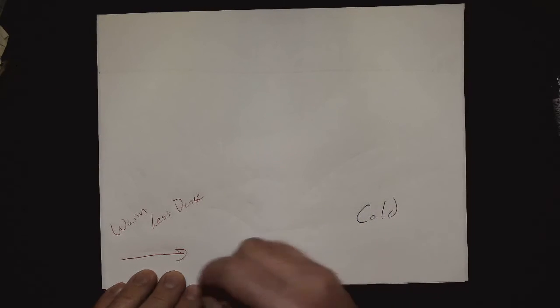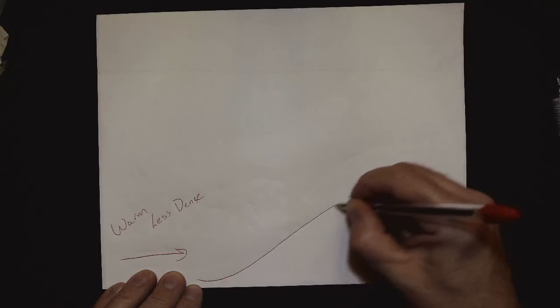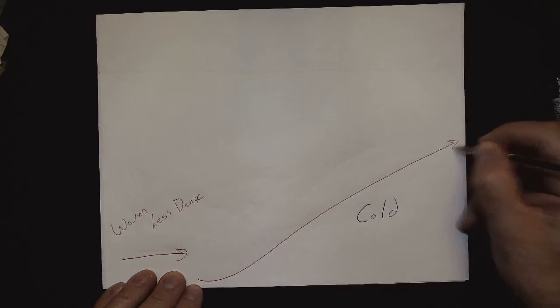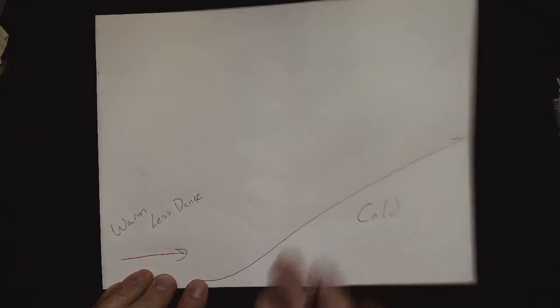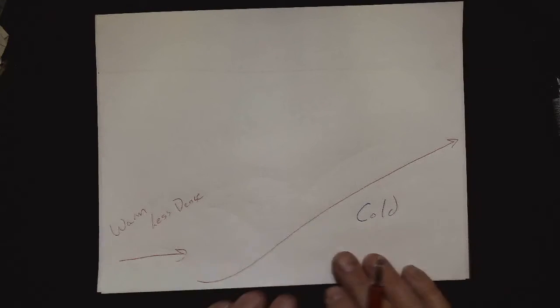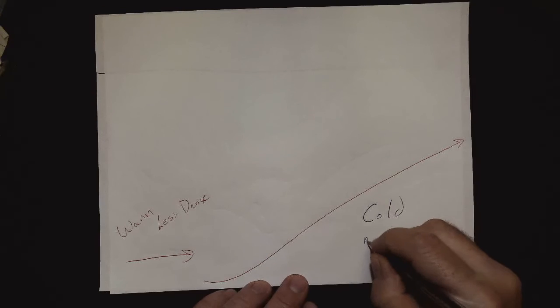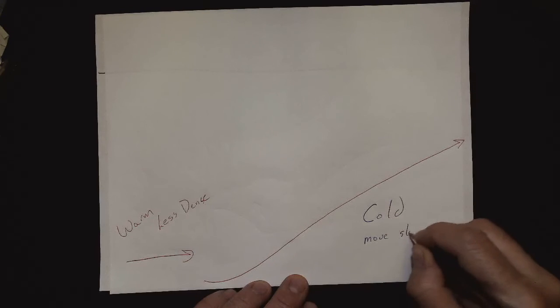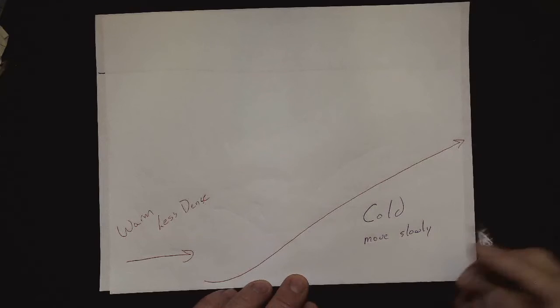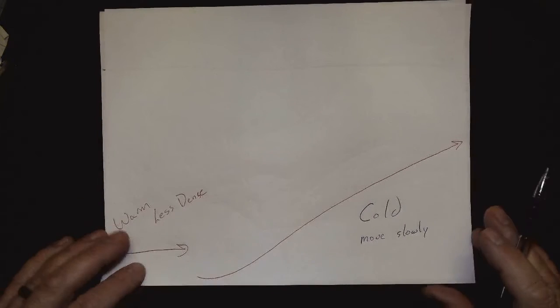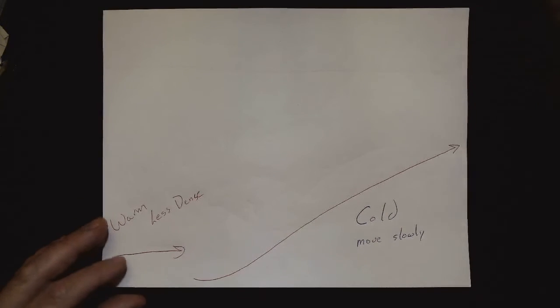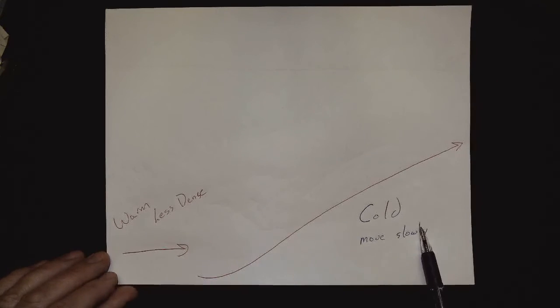Instead, it's going to slide up over the cold front like this. That is not an efficient way to try to move the cold air out. And in fact, the cold air is going to move slowly. And that's going to figure prominently when we study how the big storms all work. So if the cold is moving slowly on this warm front,